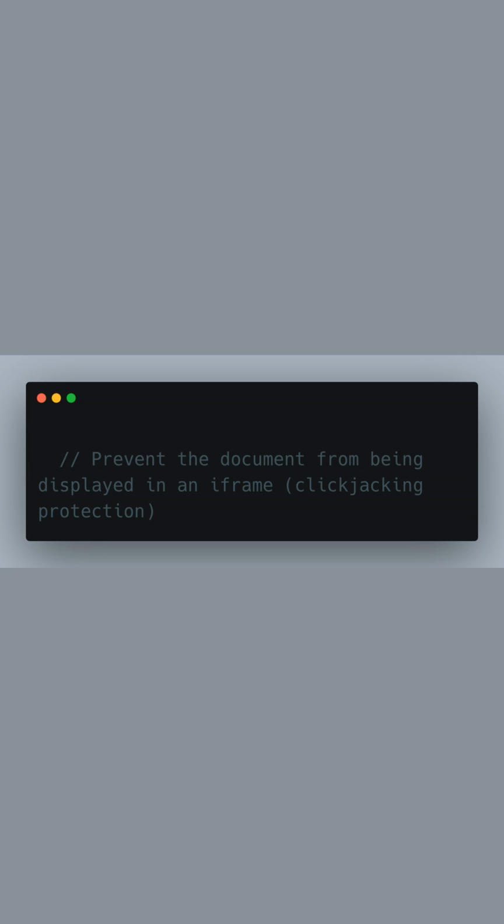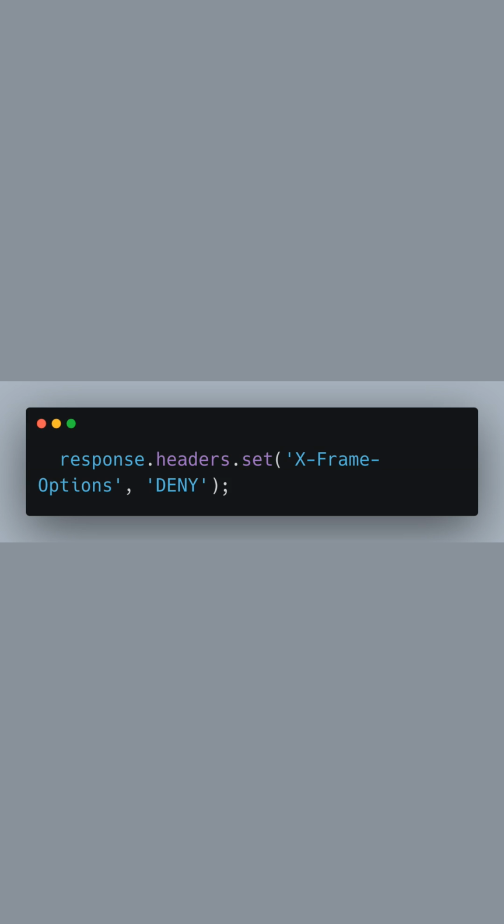Our next step is to enhance security by preventing clickjacking attacks. These attacks can occur when an attacker tricks a user into clicking on something different than what the user perceives, potentially revealing confidential information or taking control of their computer. We use X-Frame-Options set to DENY to ensure that our document cannot be displayed in an iframe, which is